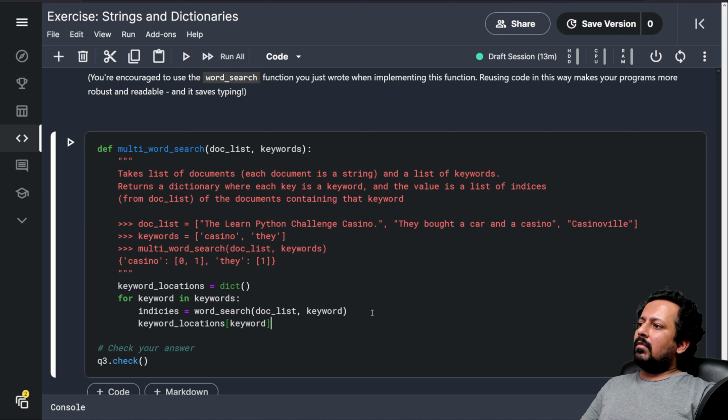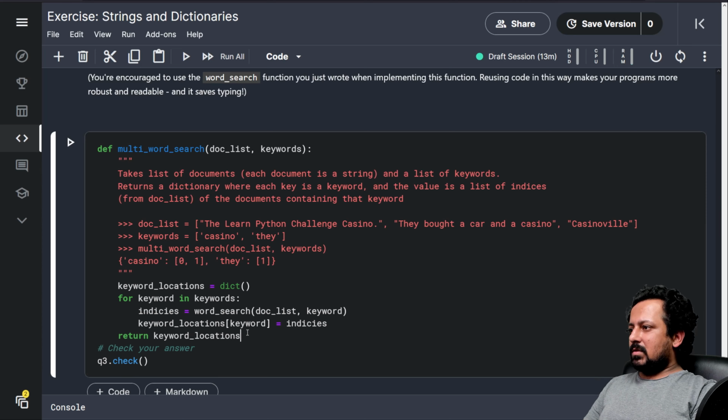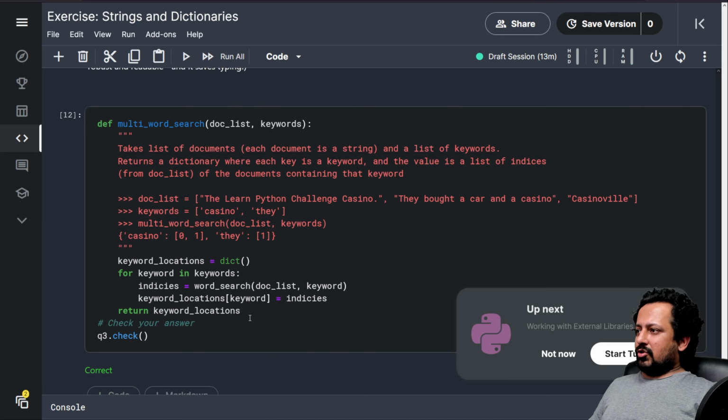The value is this particular keyword in the loop equal to indices. So you see, in a dictionary, the values don't need to be strings or numbers all the time. They can also be a list. They can also be another dictionary. You can make it as complicated as you want. And then I return keyword locations, and that should be correct.